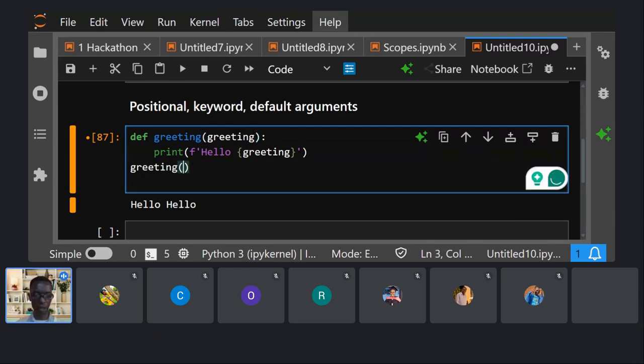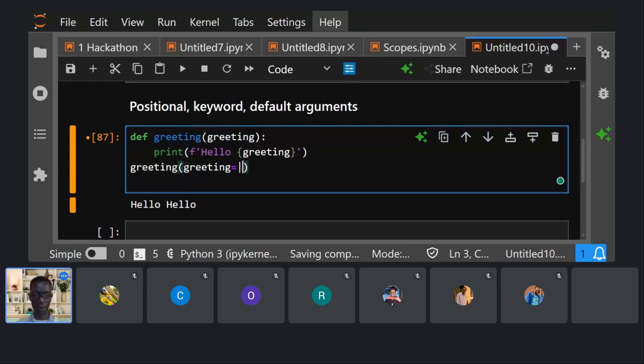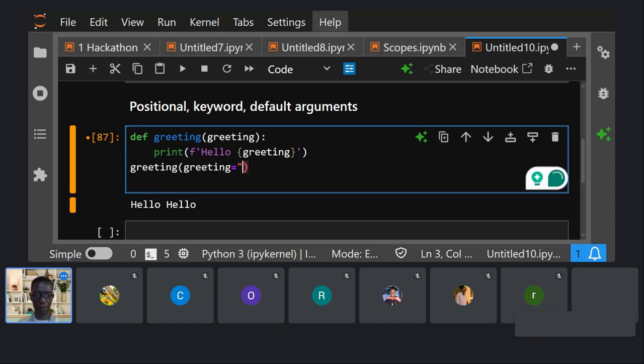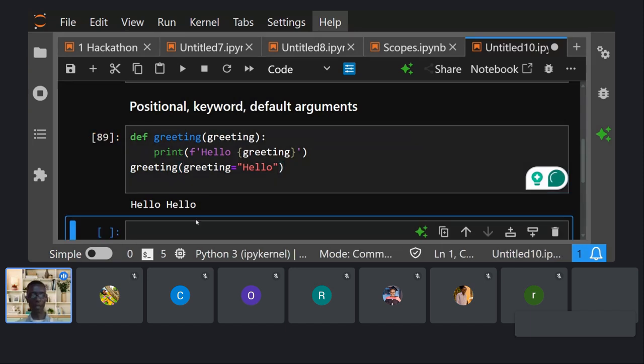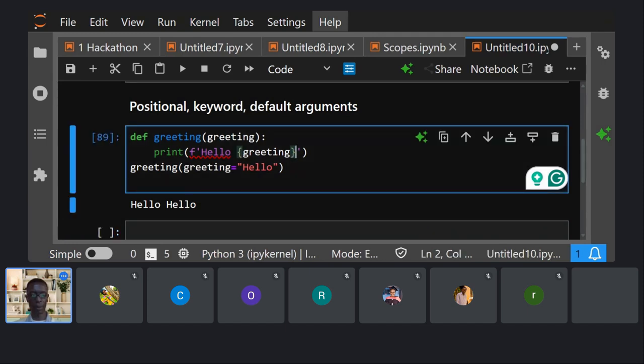So keyword argument, we can just say greeting, and then we pass in the argument here. Okay, and it's still going to run the way we want it. Greetings, why is it saying it should not say, well, you get the point. Because this hello is there twice. So greeting, how do we do it here? Let me